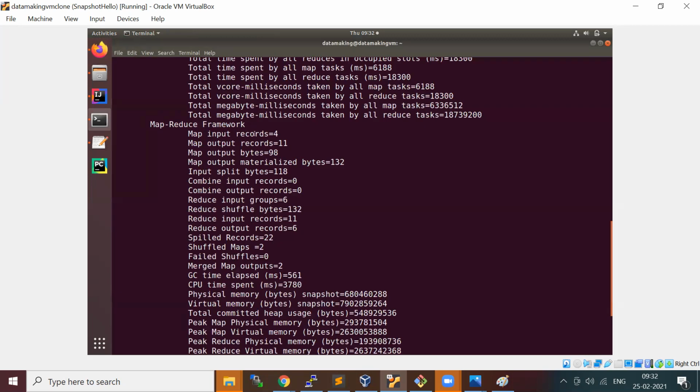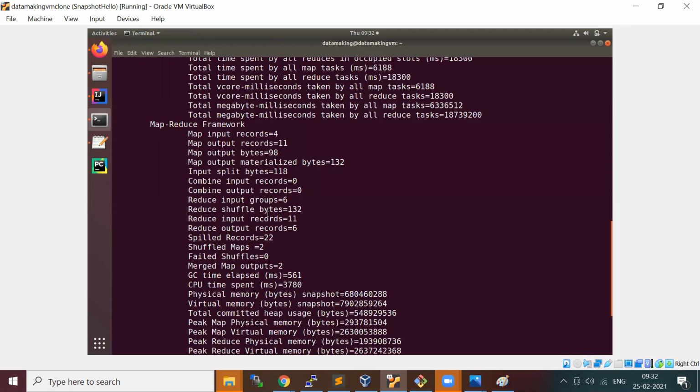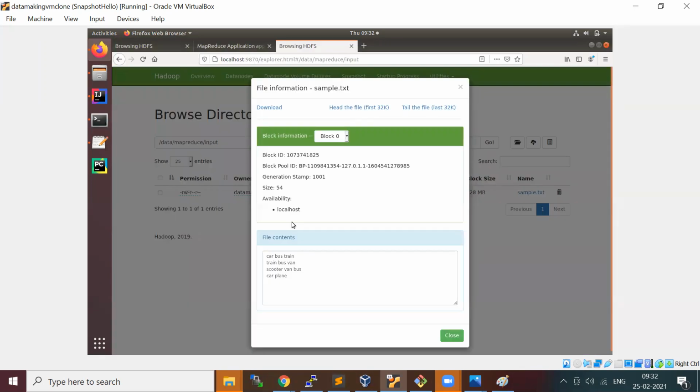The map input records were 4, which is 4 lines, and the output of map is 11 records. If you see here, 3, 6, 9, 11, because we put everything as a key-value pair.